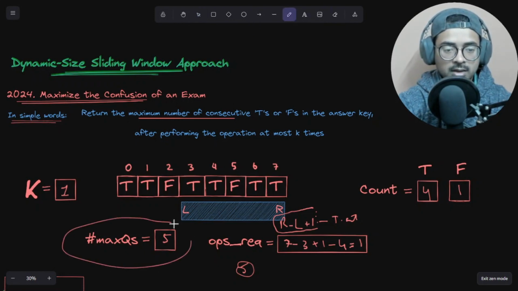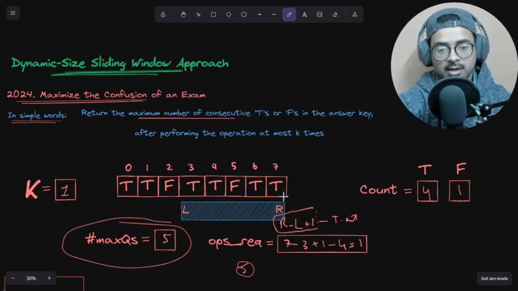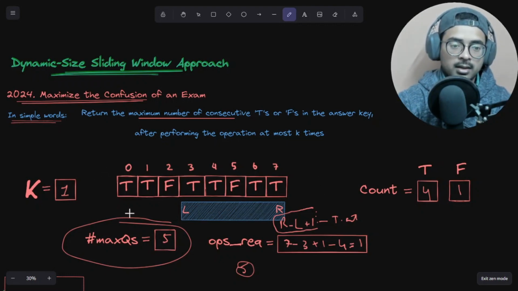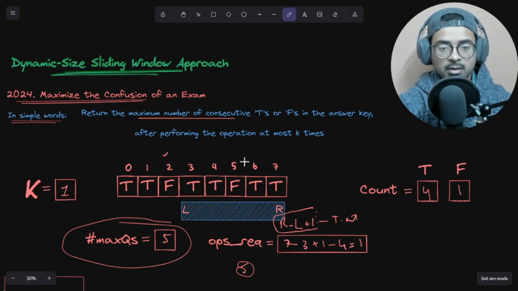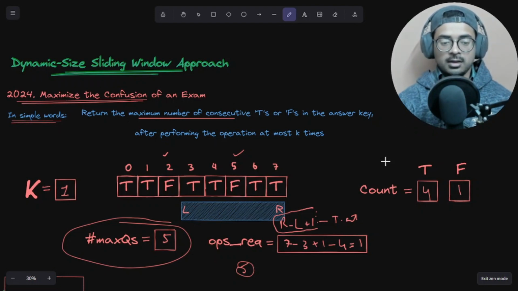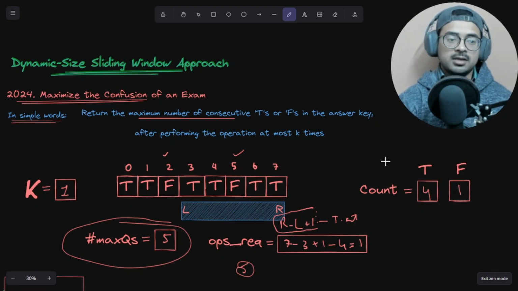We are going to return this part, because this is the maximum consecutive T's that we can get from this answer key by flipping only one question, like here in our case F. So by flipping only one F, we are going to get at max 5 consecutive T's, whether you flip this F or whether you flip this F. Okay, so I hope now you have understood how this question will work, because whatever I've told you, my aim is to make it as simple as possible so that you can start to translate this